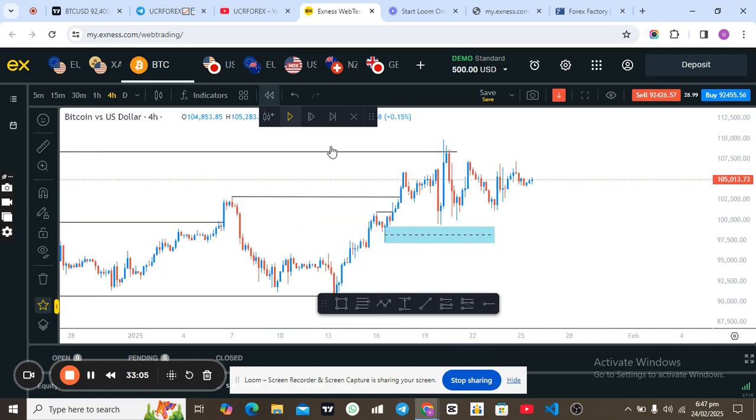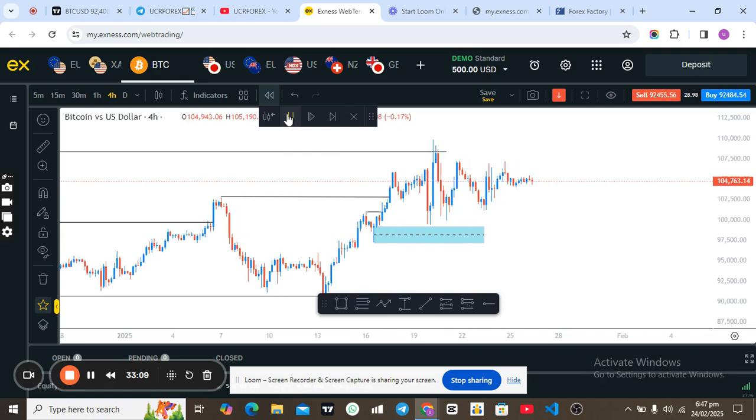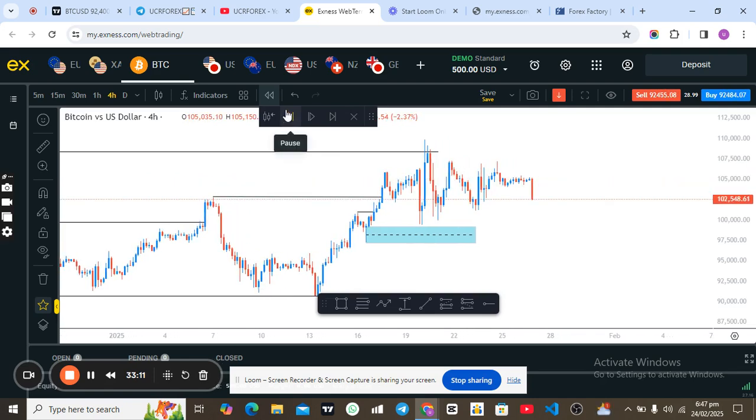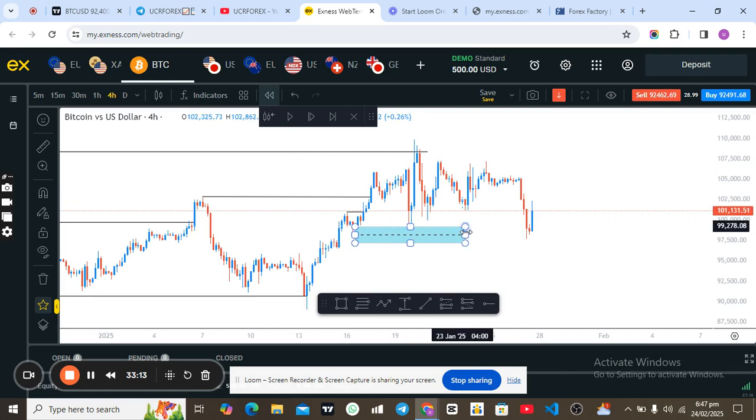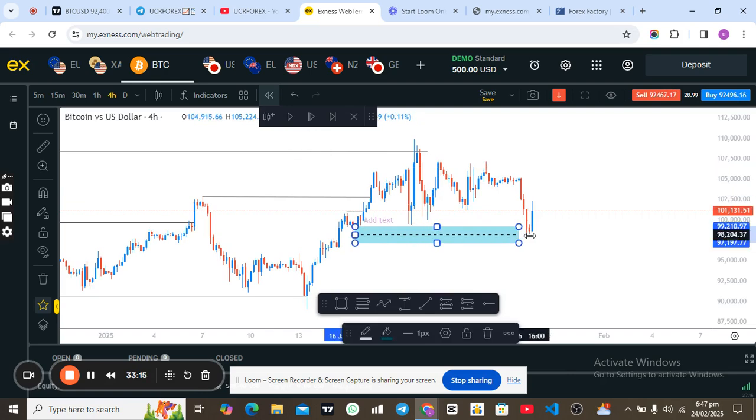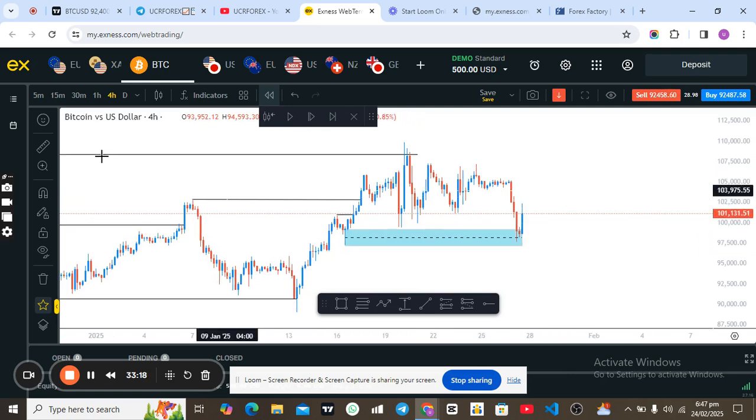But for now, we are not really interested in selling because I've not seen even a major structure change of character. So we keep waiting for price to push to the downside. All right, look at when price came back to that very particular zone, to the half of it. Now remember that we are on the 4 hour time frame, and I made use of the half of that very